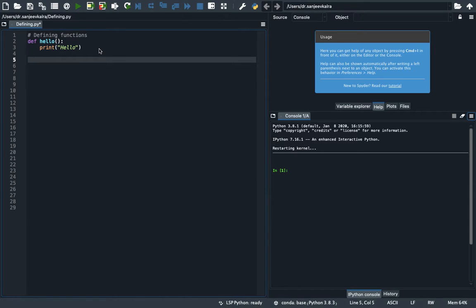Now you need to keep some things in mind before making functions. Whenever we want the function which we made to run, we need to call it first. We need to type its name first. So for example,